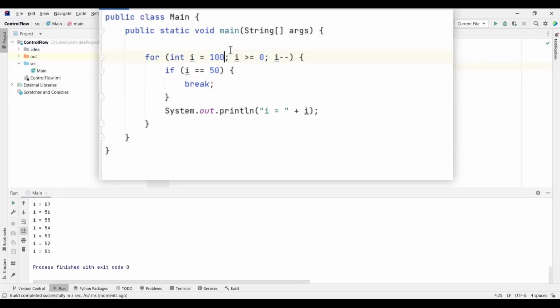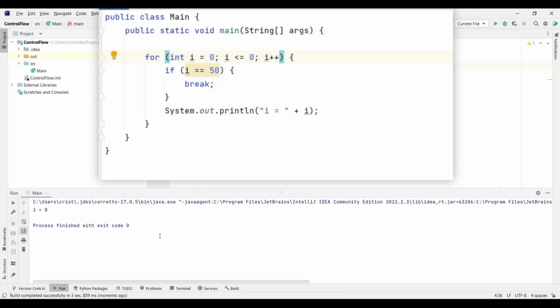Let's change the condition to less than or equal to 100, and i++. So if you run this, oh sorry, it should be here, let's say 50.